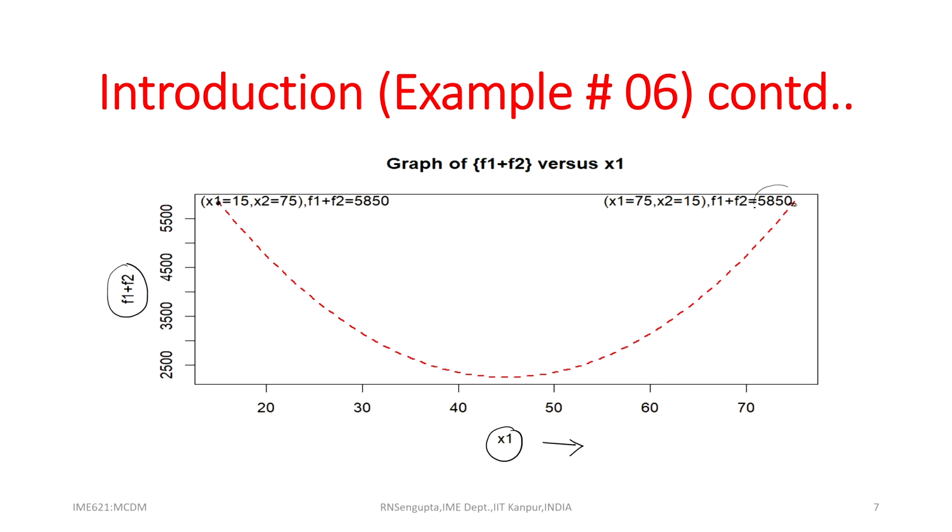The values are 5850 and 5850, and the coordinates are: x for this point is 1575. X is bold because it is a vector, not individual x values. Here again the bold x comes out to be 7515. They are just interchanged. So, the minimum case was what we wanted to find out for the combined case.